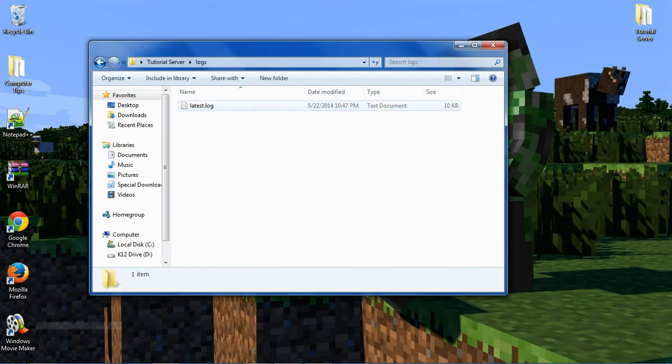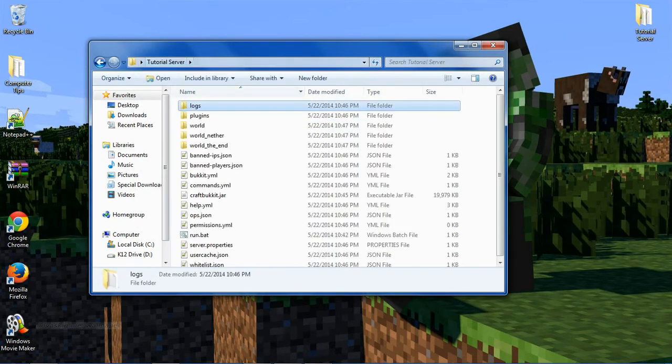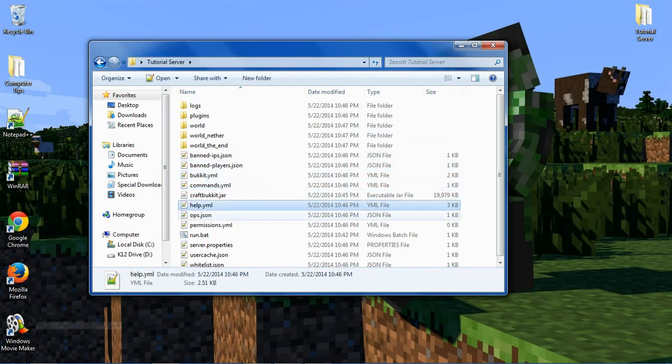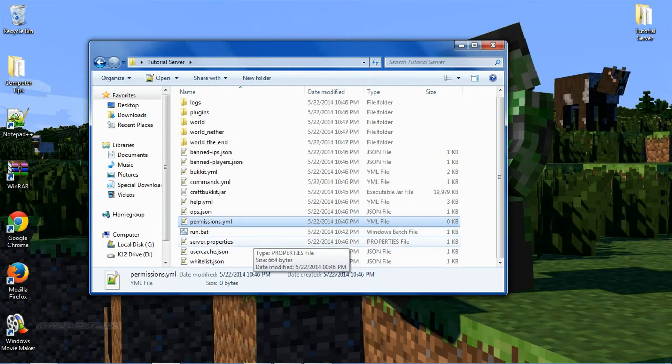Logs is just what's going on in your server, like the chat and commands people have issued. Plugins is where you're going to put your plugins. These are just the world files. Banned IPs, banned players, Bukkit, commands, help, ops, that's a list of the ops. And permissions.yml, but you're probably not going to use that because you'll download a permissions plugin. And this is the big one here,